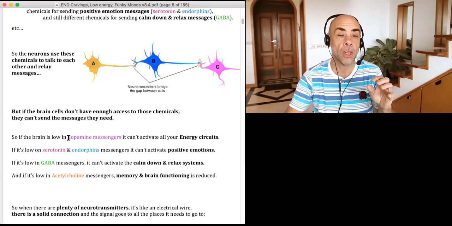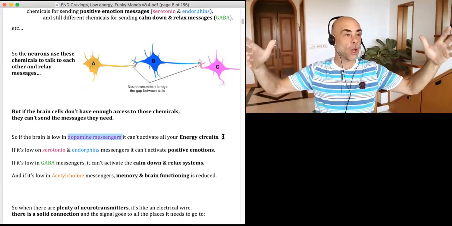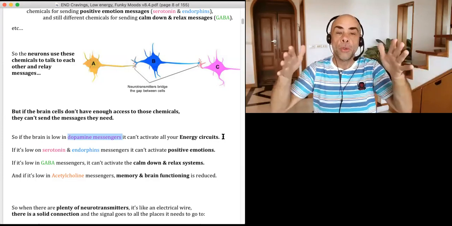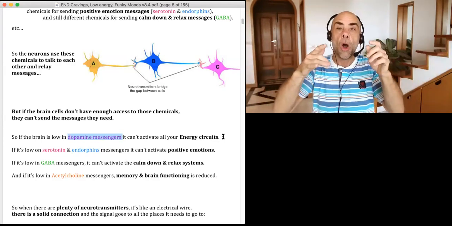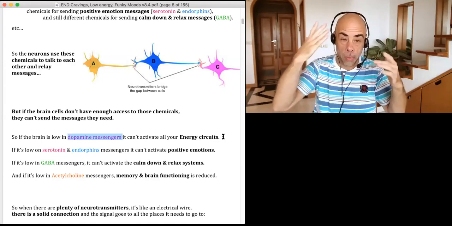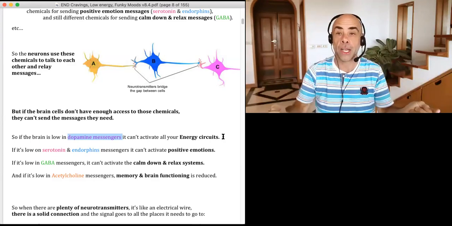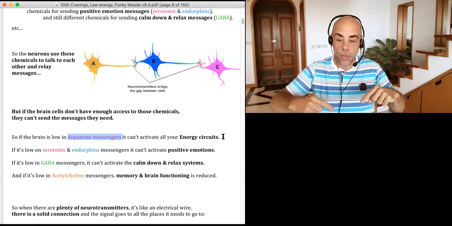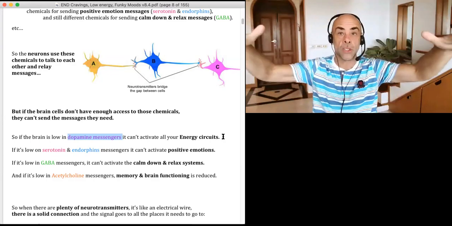And so when you have enough dopamine, or the purple one, like your energy circuits just work. When your body says, okay, I'm waking up, it's time to turn on energy, all your circuits activate. If you don't have enough dopamine, when your body goes to say, okay, let's turn on the energy, and you only have like a quarter of the dopamine in your brain that your body needs, only a quarter of your energy circuits can talk to each other. And so they don't connect. So you feel like you don't have energy. And it's not that you don't have energy, it's that you don't have the messengers in your brain, the amino acids,